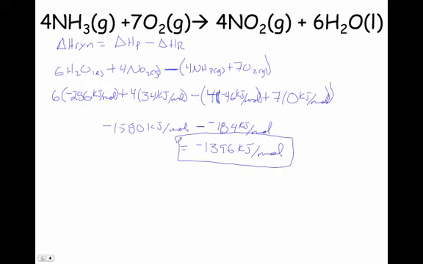This is our answer here, and a lot of times a follow-up question on the AP test is usually some sort of solution stoichiometry. So if I had 10 grams of oxygen, what energy would be released? Then it's just some simple stoichiometry after that, using this negative 1396 kilojoules per mole